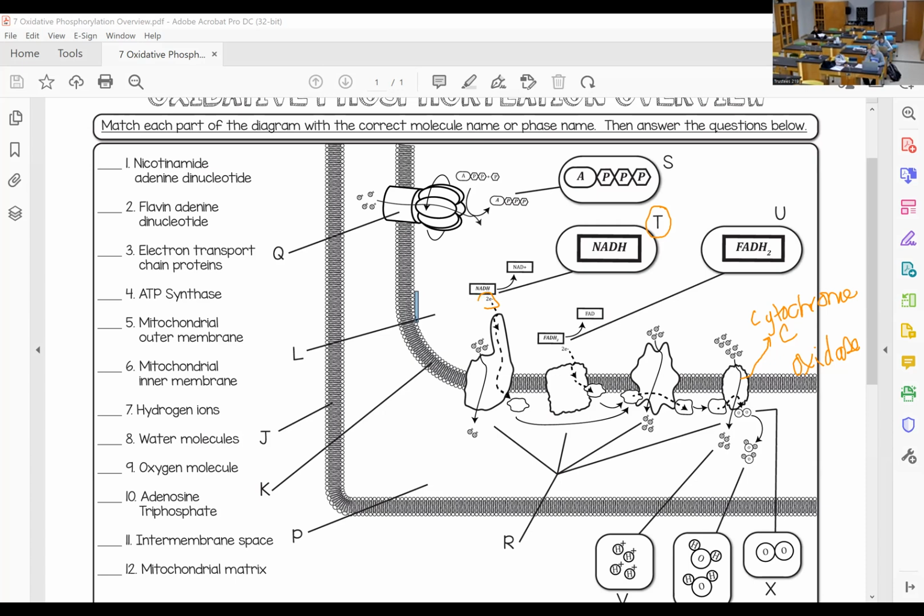Okay, and so as these high energy electrons are passed through this protein, some of the energy from the electron is used to pump hydrogen ions into the intermembrane space. Okay, so we've taken high energy electrons from glucose pieces, and we've taken that energy to pump hydrogen ions where you have a high,